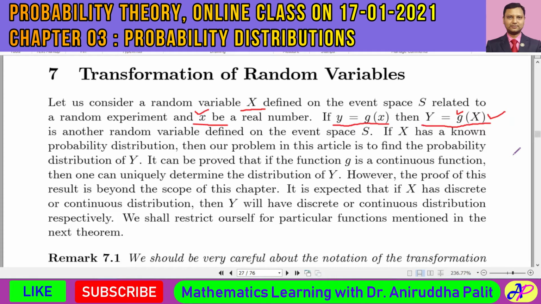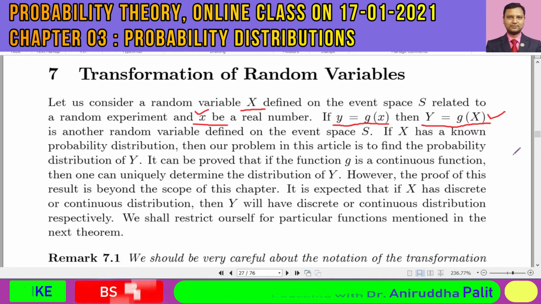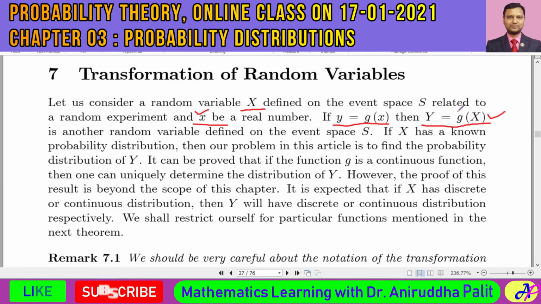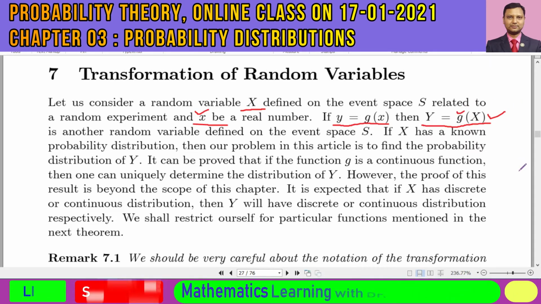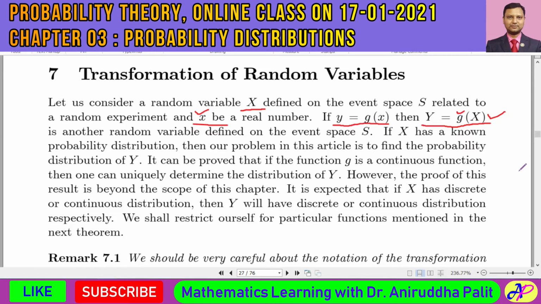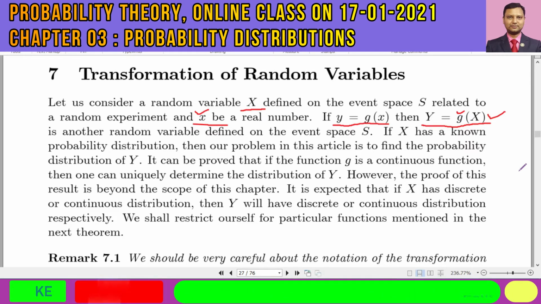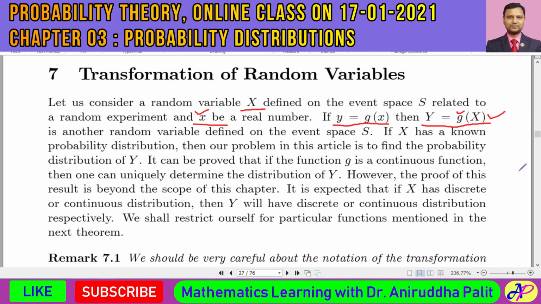Here, g should be a strictly monotone increasing or strictly monotone decreasing function, and its derivative should exist,